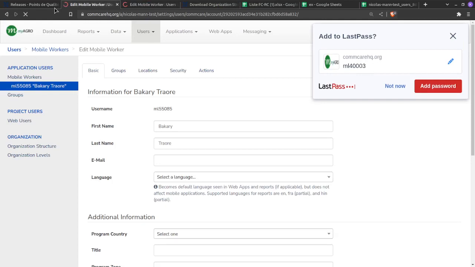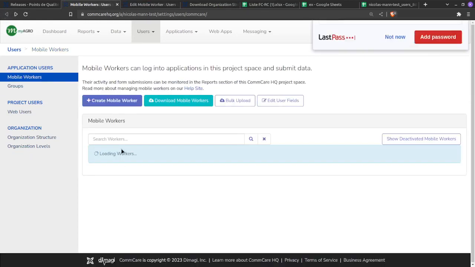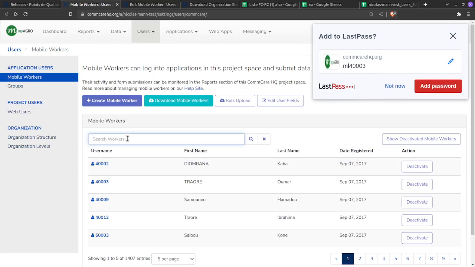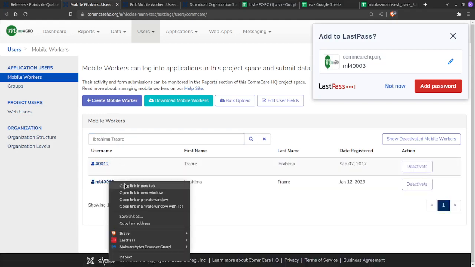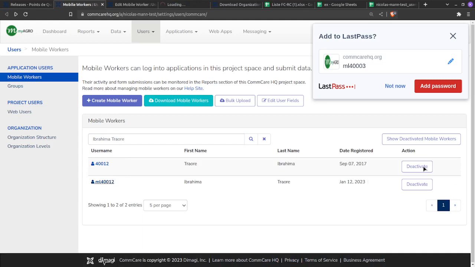So what I can do just to, oops, I didn't want to do that. I wanted to load up each of those people. So let's see. Ibrahima Traore. This is the one. And I'm just going to deactivate his other username